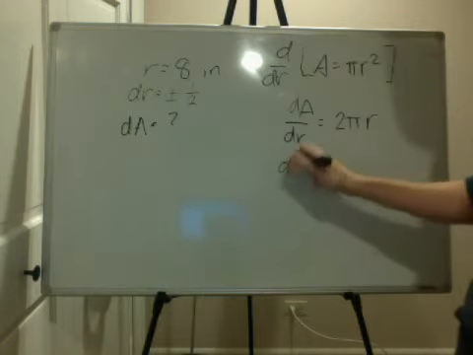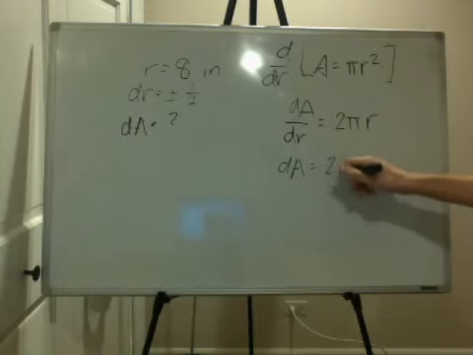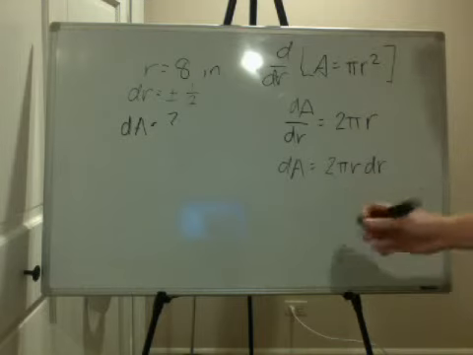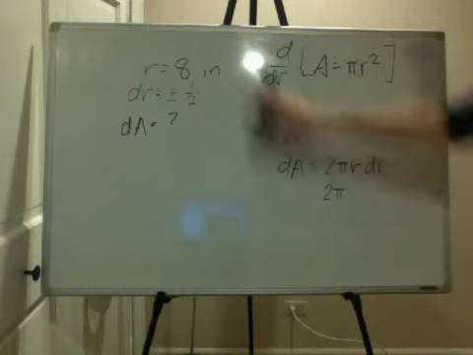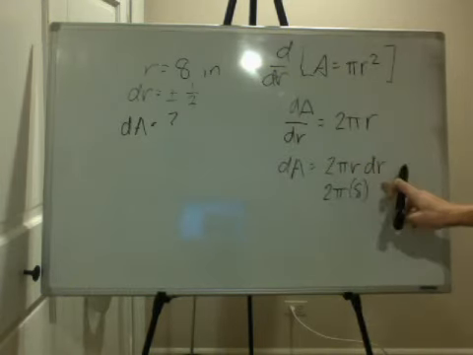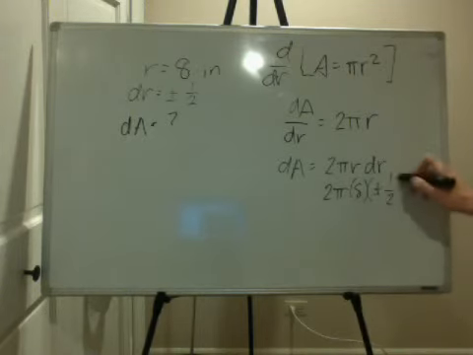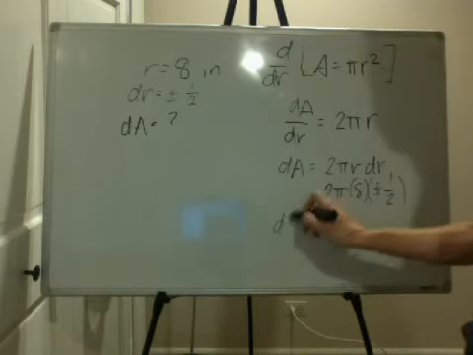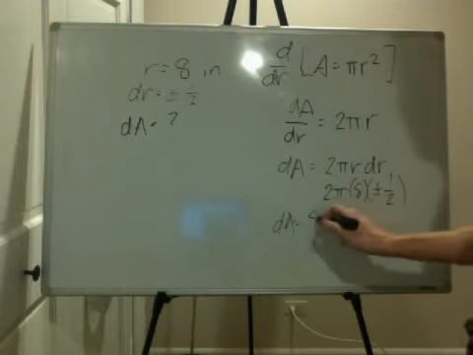So let's do it. dA equals, and multiply the dr to the other side. You get 2 pi r dr. And now it's just a matter of plugging numbers in. 2 pi, and the radius is the ideal one, which is 8. And the dr is the plus or minus 1/2. Make sure to keep the plus or minus in. So now, when we're solving for dA, you're going to get 16 times 1/2. So it will be 8 pi